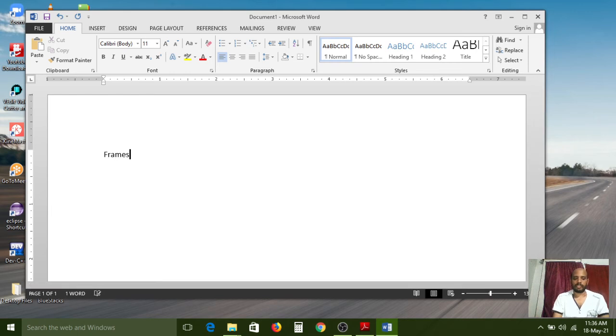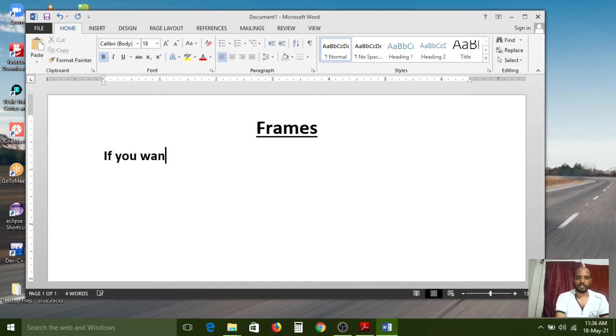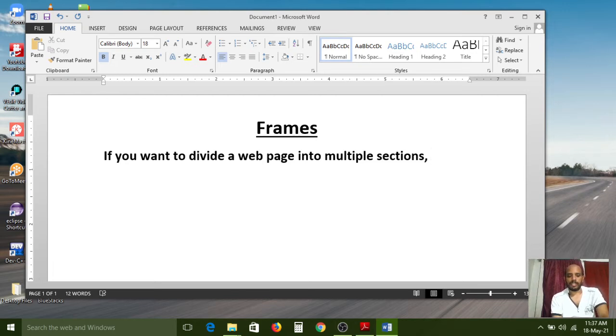Now the concept is frames. If you want to divide a web page into multiple sections, then it is called frames.